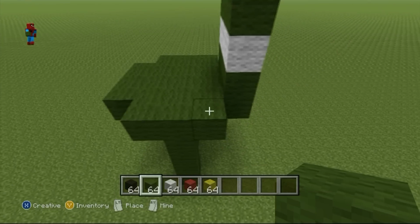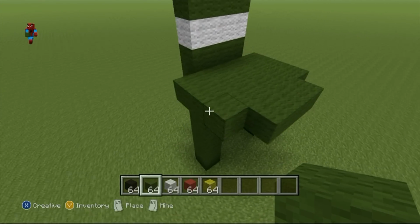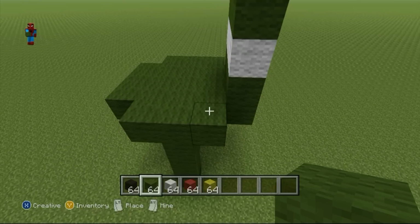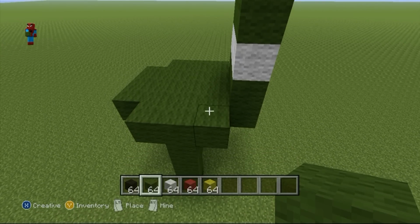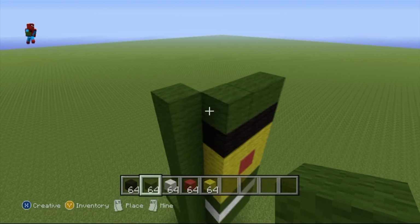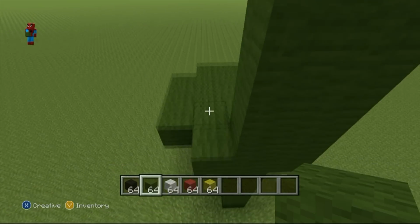What you then want to do on top of all of these outside dark green blocks, if you guys can see what I mean here, how we kind of have a circle of dark green blocks, on top of each one of these outer dark green blocks, you want to do a row of 8 dark green. And you don't really even have to count it out, as a matter of fact, you just have to match it with the height at the front of the head like this. So you just want to do this all the way around